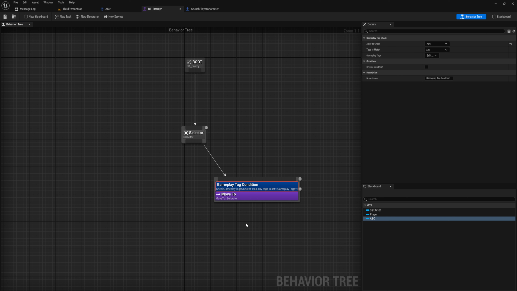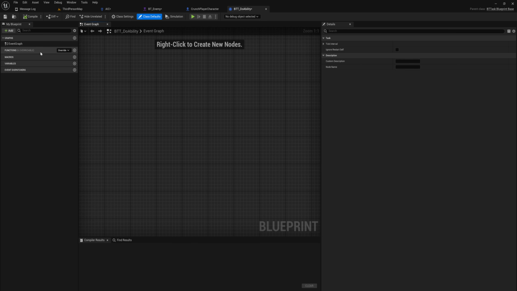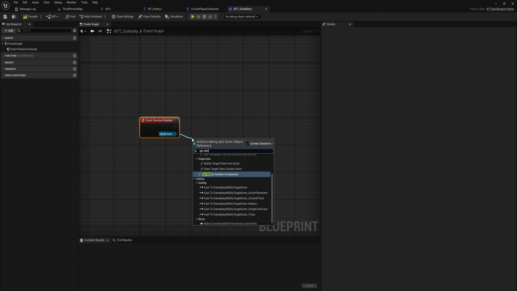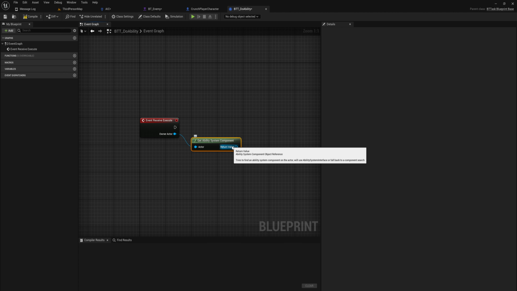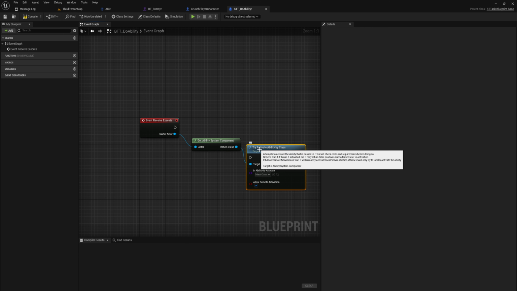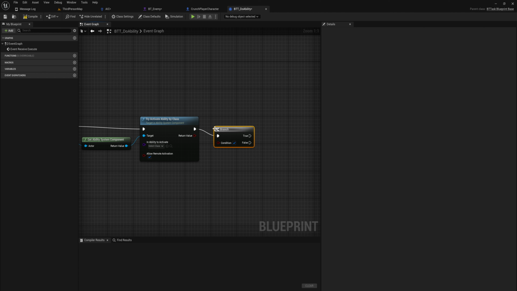Now let's make a task for us to execute a gameplay ability. And I'm going to do this in two separate ways. The first way is probably what you're thinking about right now. So let's make a new task, call this BTT do ability, something along those lines. And this will be fairly easy. We can just say function, receive execute. The owning actor will get the ability system component from. And in there we will try activate ability by class, at which point afterwards we'll go into a branch,